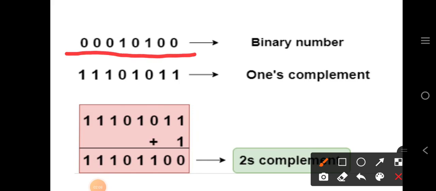So this is the binary number 000100100. This is the given binary number. Then how to calculate 1's complement? How to take the 1's complement? We have to just invert the binary number. Means if you are having 0, you can invert it to 1. If you are having again 0, invert it to 1. So 000100100 will become 111011011 in 1's complement form.